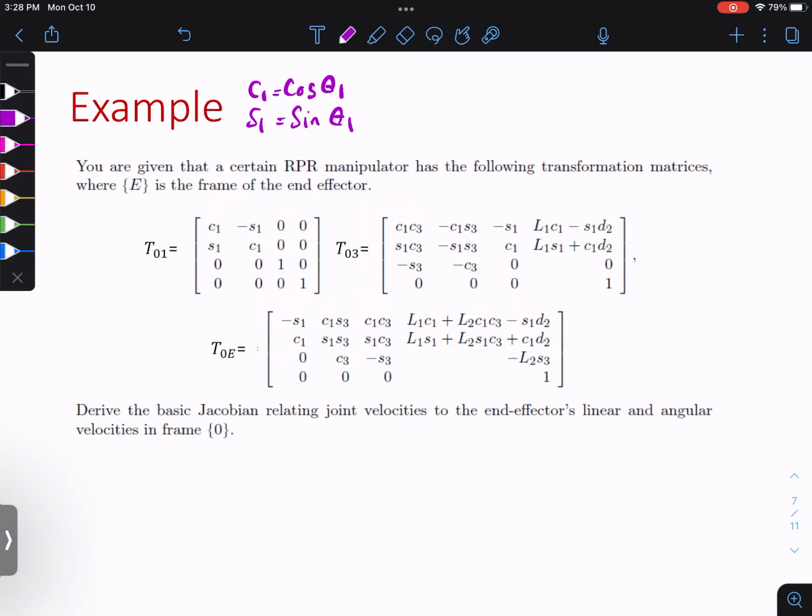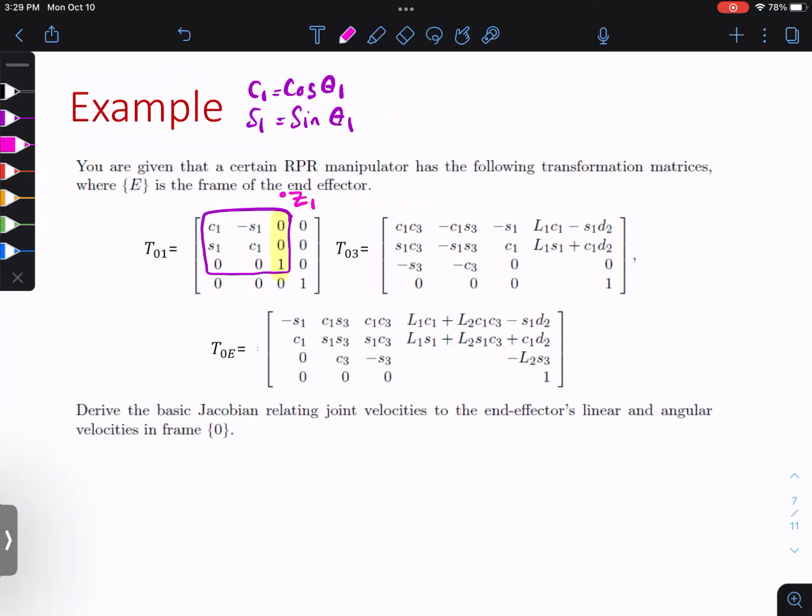So when we talk about rotation, what do we look at? Does this look like something you've seen before? Yes, rotation about Z, right? So this is your Z1